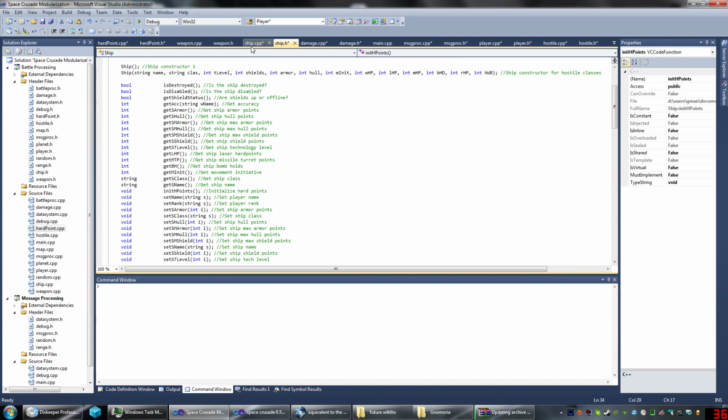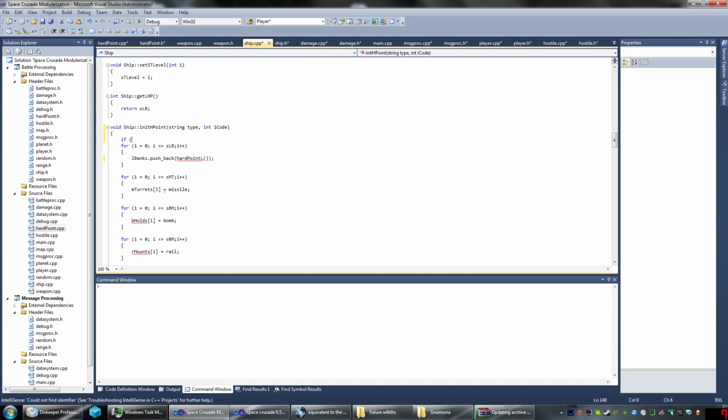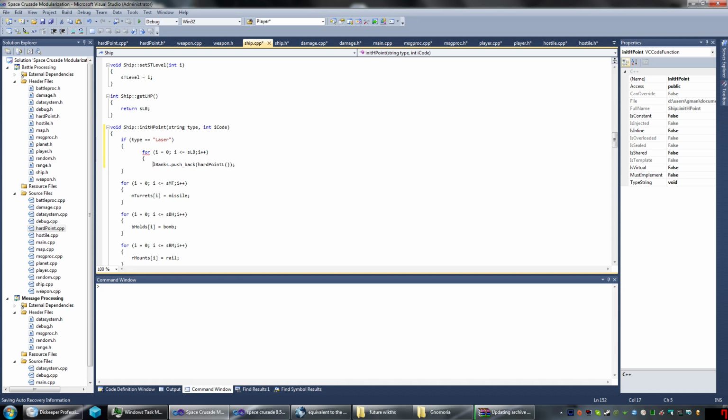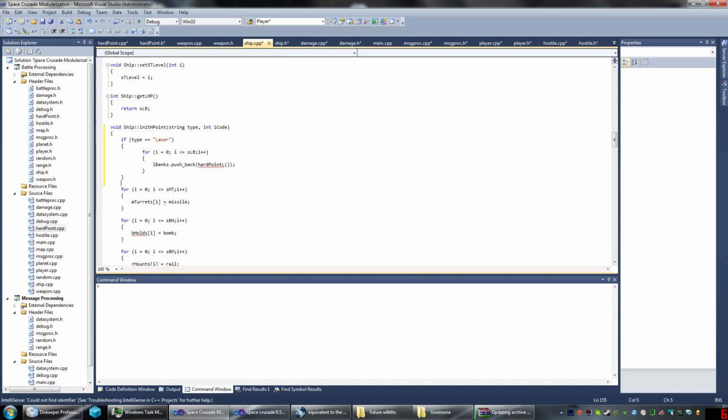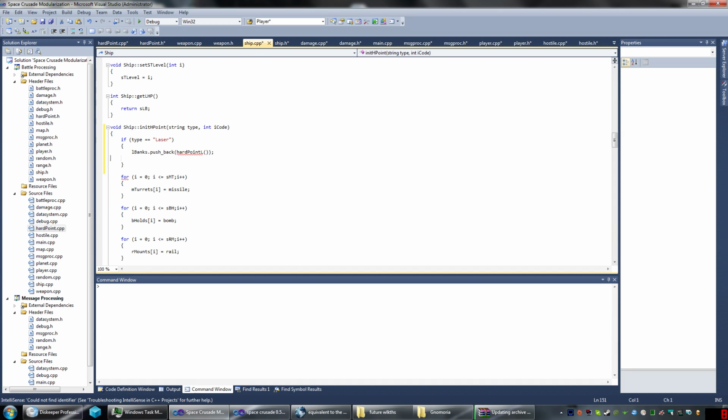So back to ship. String type, int I code. So we'll say if type equals laser, and then we'll say take this off. We don't need to initialize these anymore, at least